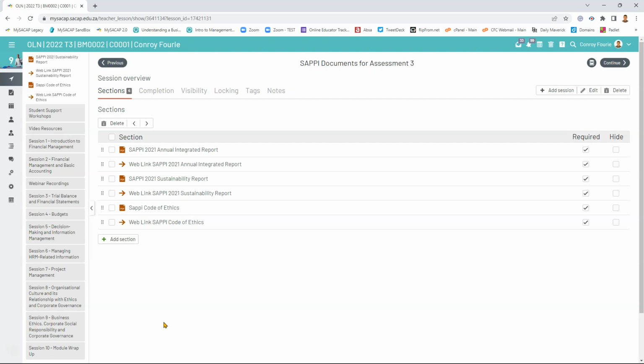And it goes without saying in SAPI the same thing. You may want to briefly talk about those various issues that we raised, corporate governance and corporate social responsibility and so on.